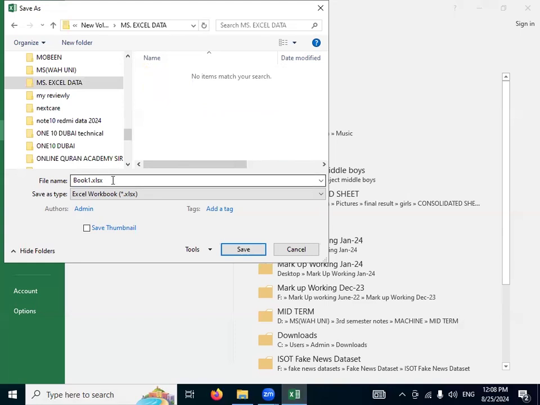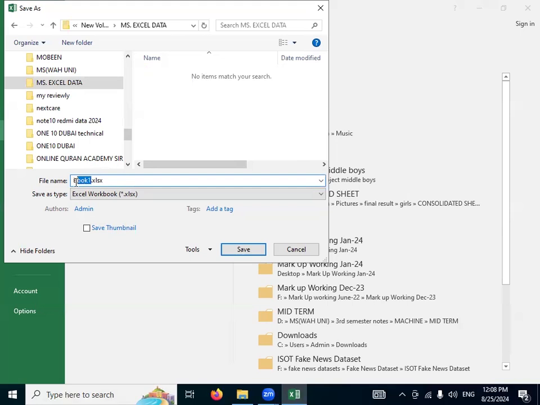Now there was written Book1 Excel XLSX. This is extension. Dot XLSX is an extension. It basically lets you know about which kind of data this is. This is an image. This is an MS Excel data. This is MS Word data whatsoever. ये जो extension है इससे आपको पता चलता है कि आपका डेटा की टाइप क्या है. तो XLSX basically बताता है आपको कि it is a MS Excel file.